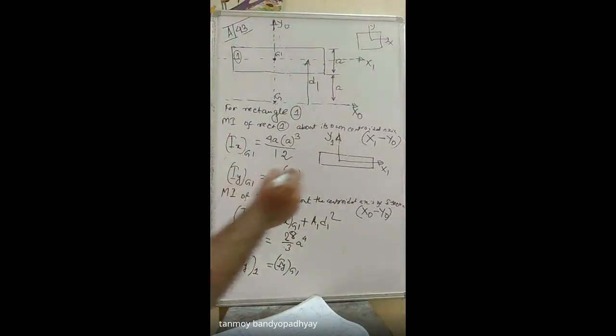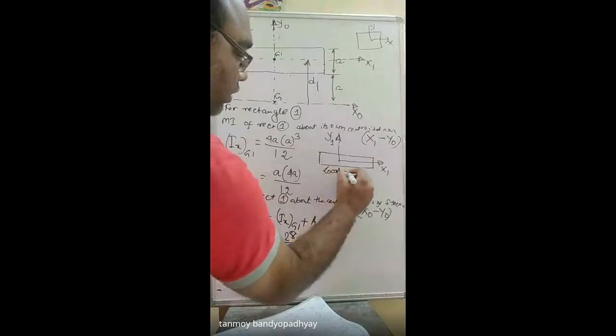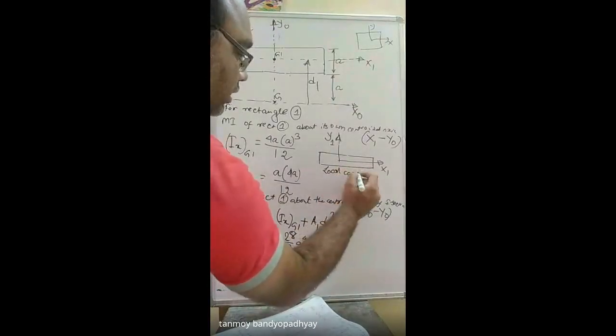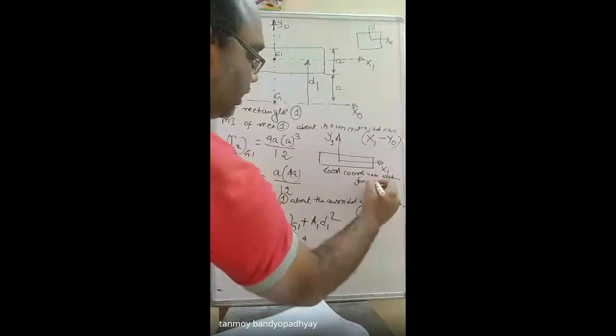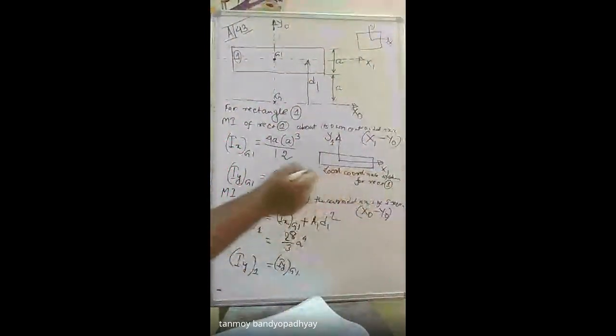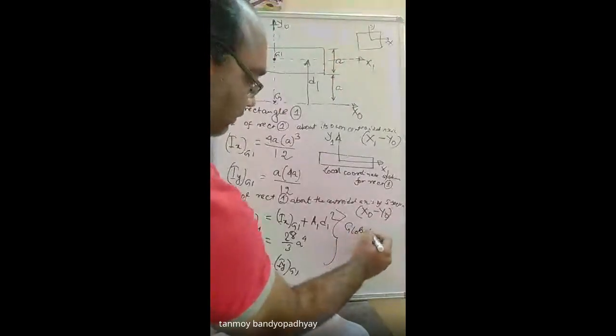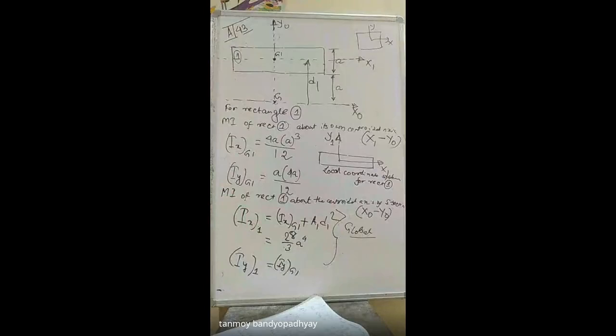So this is actually a local coordinate system, okay? Local coordinate system for x for rectangle 1. And after calculating it from the local system, I am moving to the global system. So this is for the global or the centroidal axis for the entire I section. So this is just the contribution for the flange, and this is the contribution of the flange about its own CG, and this is the contribution of the same flange about the centroidal axis of the I section. So this relates to the I section, and this relates to the rectangle only.